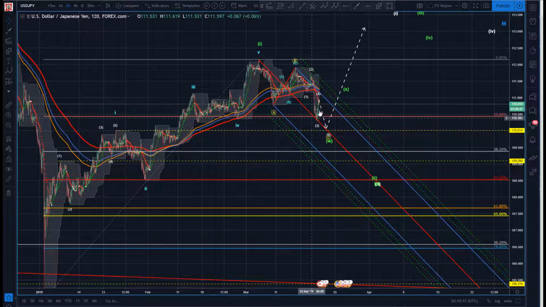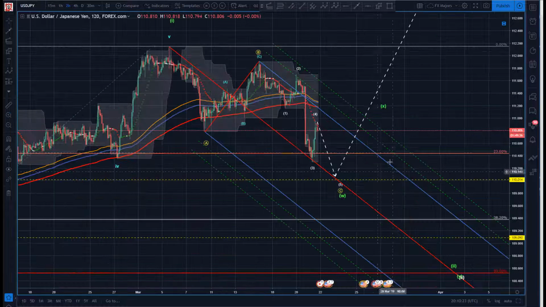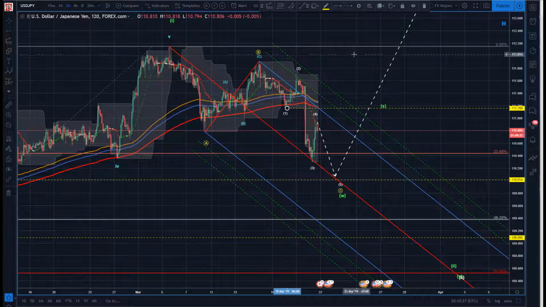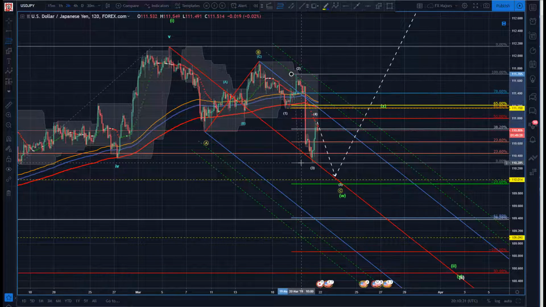Until then, I wouldn't be a buyer here, even though we've got this little technical confluence. I wouldn't be a buyer. If anything, if I were insisting on a trade here, I'd be looking at the short for the 4 to the 5, because I've got a clear spot where I can bail. So since I'm here pulling 2 through the 3,